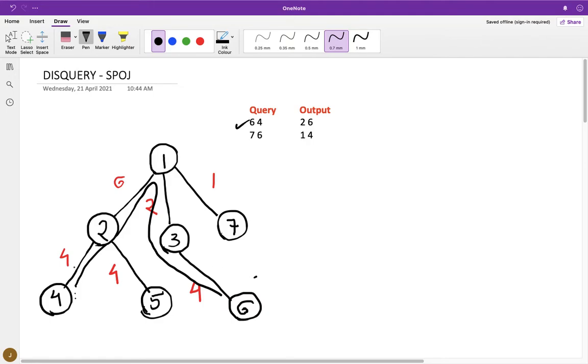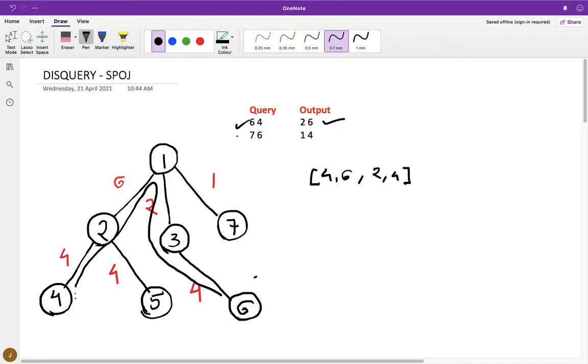And the lengths of the edges that fall on the path are 4, 6, 2, 4. Among these four lengths, 2 is the shortest and 6 is the highest, so the output is 2 and 6.